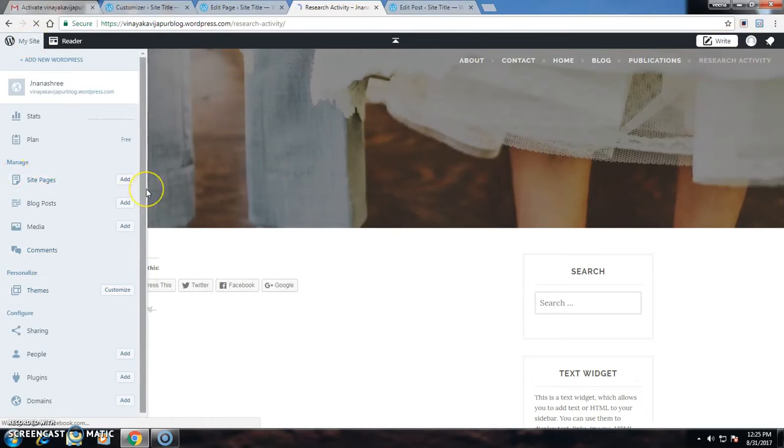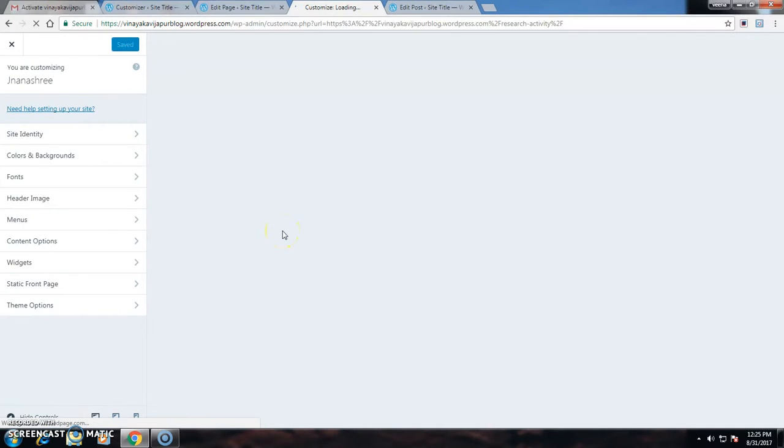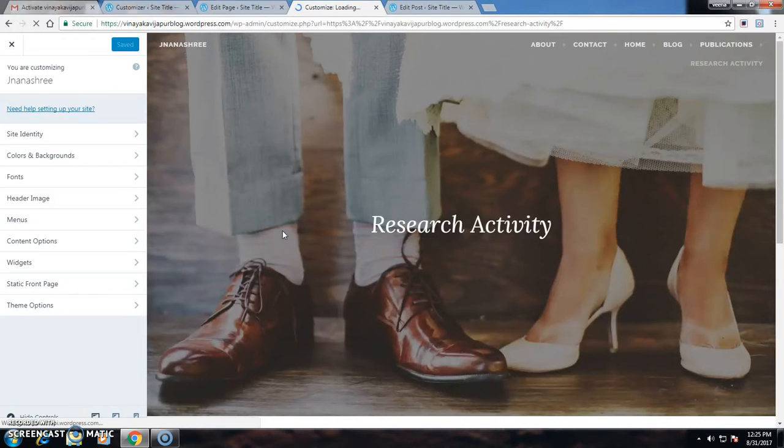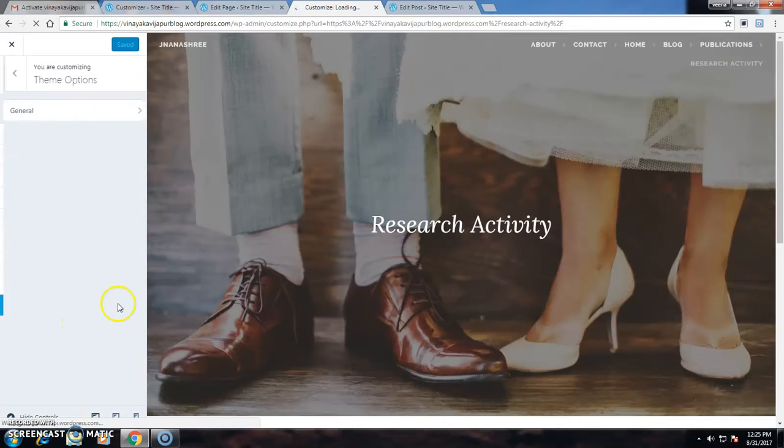Now, if I want to change the home screen, customize this. I can go for theme options.